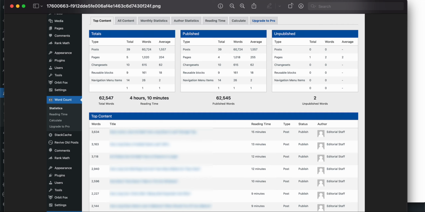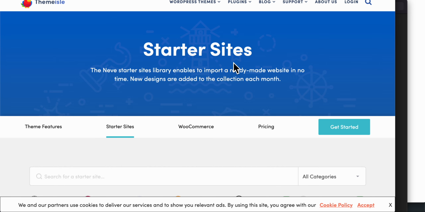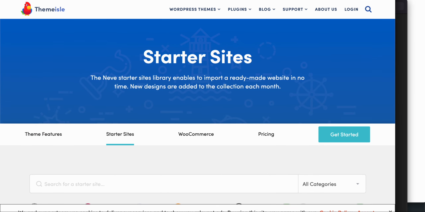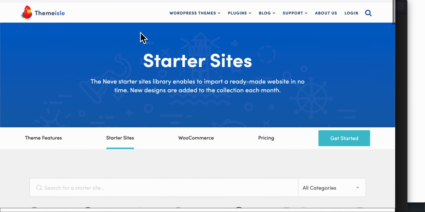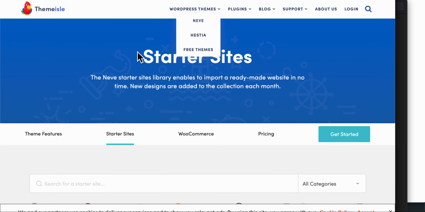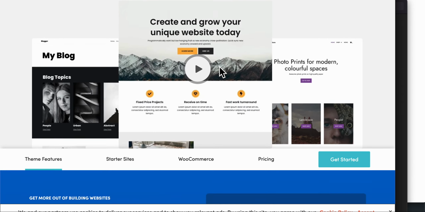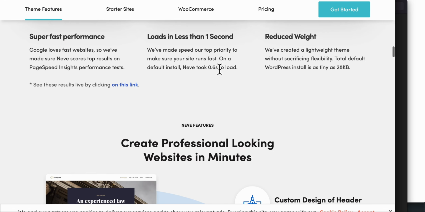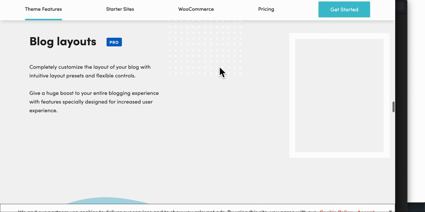The next step is finding the right theme. And how I find the right theme is I'm using the Neve theme. But you could pick any theme you want, though you have to test it first, obviously.